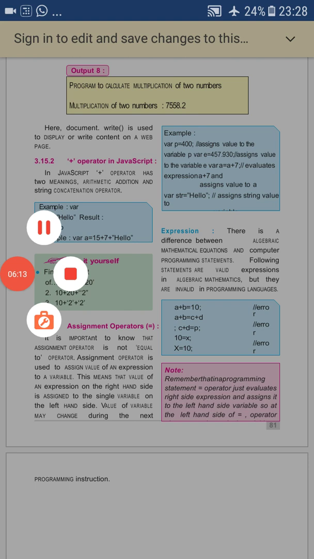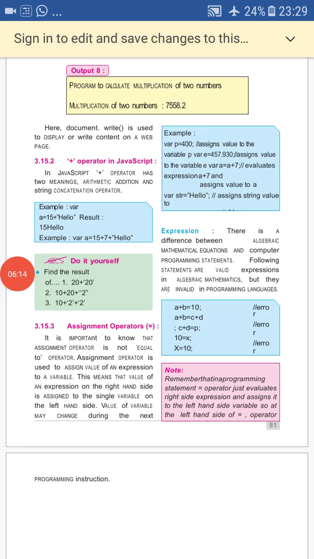So let's discuss it with one example. For example, I write A = 7. A = 7 means we are assigning the value 7 to variable A. So this is the assignment operator. The assignment operator is not the equals-to operator. The assignment operator is used to assign a value to an expression or to a variable.